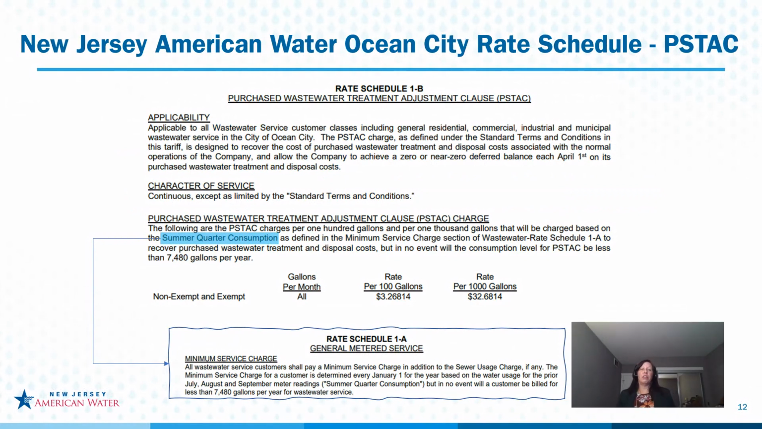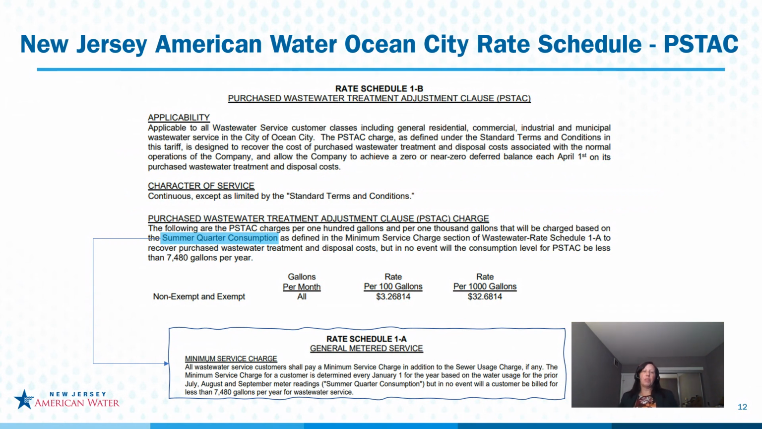So why do we calculate the rate based on the summer quarter consumption, or summer usage only? Well, as I mentioned, we are governed by our tariff, and reflected here are the actual tariff pages which define how we bill. This was established during a base rate case and subsequently approved by the BPU for this Ocean City service area. So rate schedule 1B, as I mentioned, is the tariff specific to the P-stack, or the purchased wastewater treatment. And it states, the P-stack charges will be charged based on the summer quarter consumption as defined